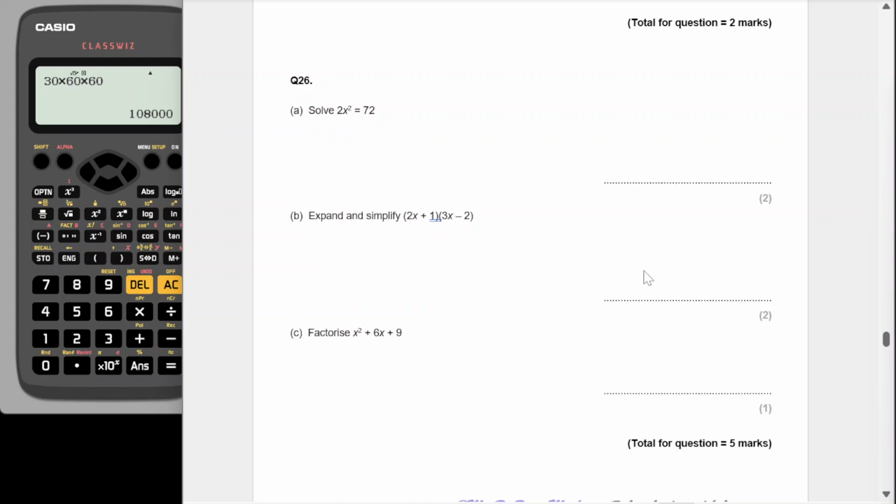Okay, question 26, solve. So I'm going to divide both sides by 2 to start with. So x squared is going to be equal to 36. Then I'm going to square root both sides. So x is going to be equal to the square root of 36, which is